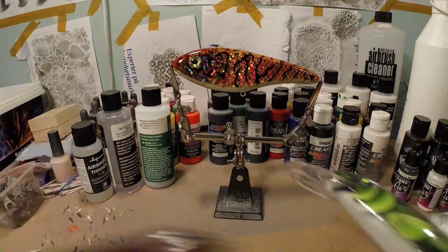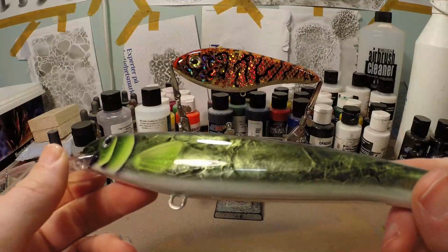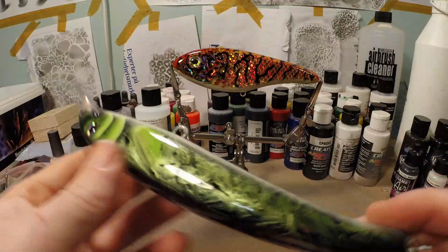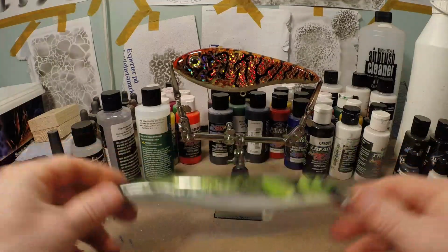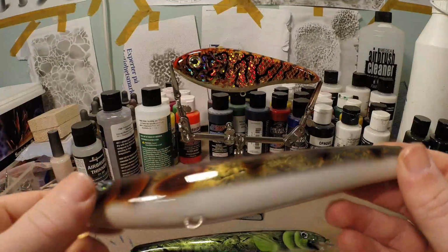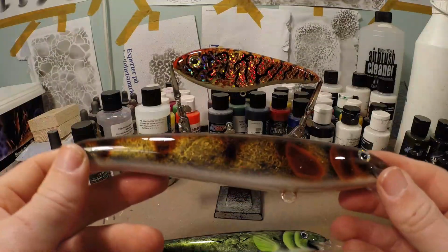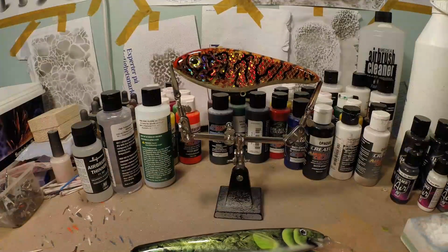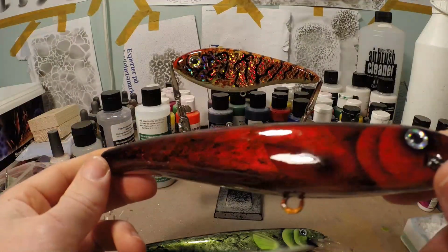But if you do it a little differently, you can get a totally different texture in there as well, like in this lure. This looks amazing as well. It's really beautiful, it's really cool. Same technique, just a little different, and I will make a video once I've got the time on how you can achieve this effect as well. It is very similar to what we just did, but the result